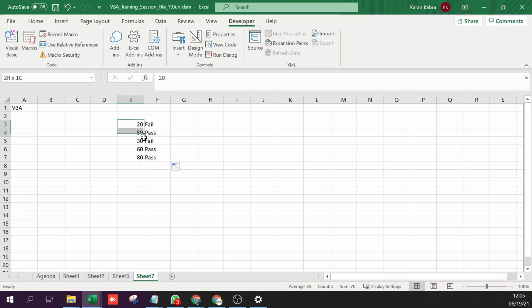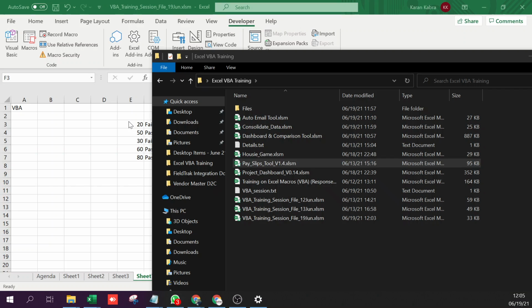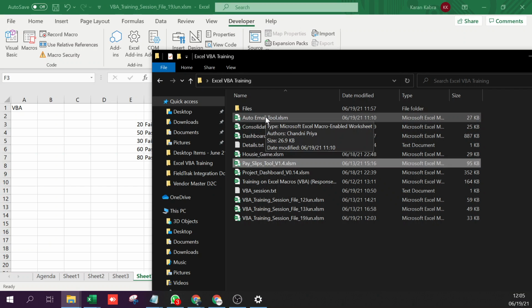This is what you do if you have to sort of test a condition in Excel. And this is extremely important in VBA as well. So I think most of the code that I write have an if somewhere or the other. Like for example, this file that we saw, right?